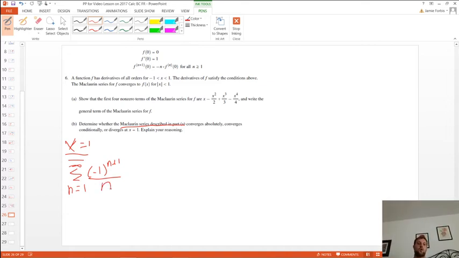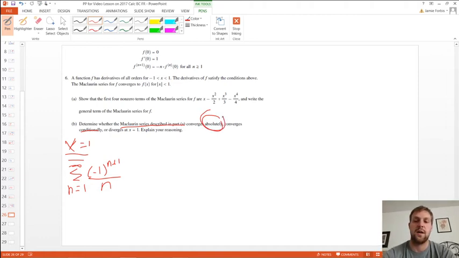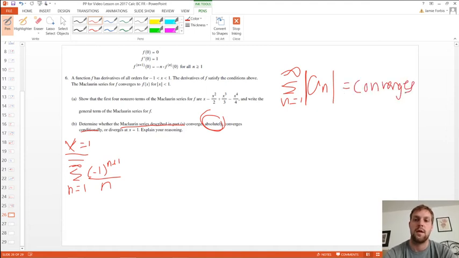Okay, so let's just refresh ourselves on the difference between absolute convergence and conditional convergence. If you think of absolute, I'm thinking of absolute value. So it's saying that if I have the series n equals 1 to infinity, and I'll just call this a sub n, if the absolute value of this converges